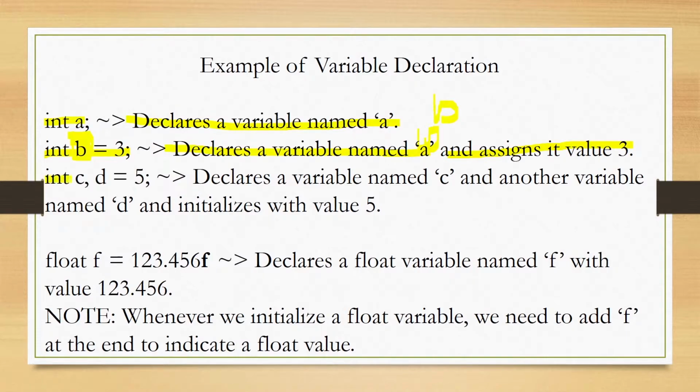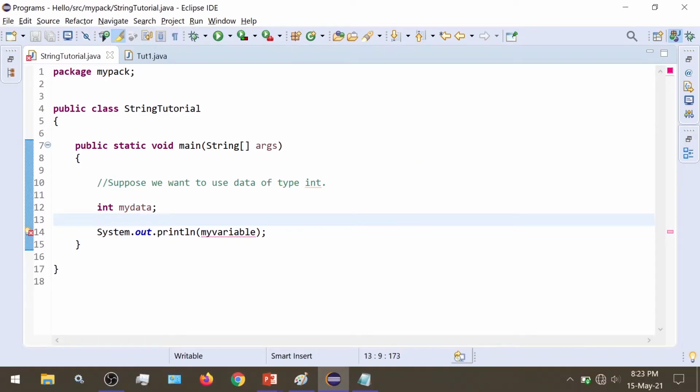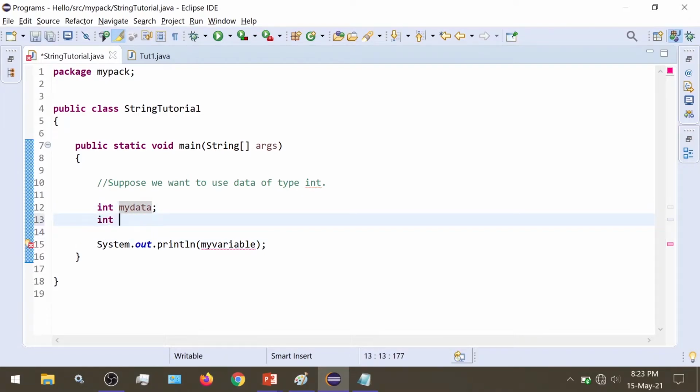Then there is this style of declaration: int c, d equal to 5. In Java, if we want to declare multiple variables, suppose some 100 variables, every time we would have to write int and then variable 2 and so on. We would have to repeat this 100 times. There is no need to do this. In a single line we can declare them.